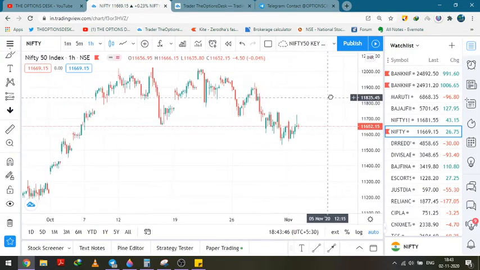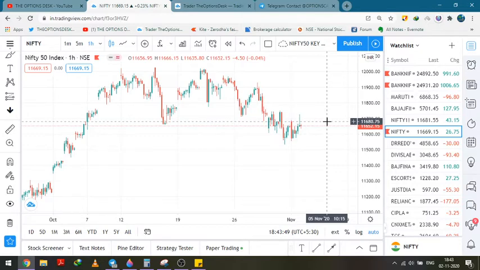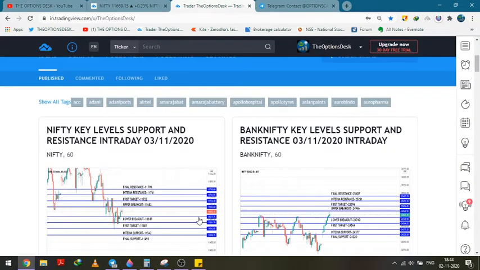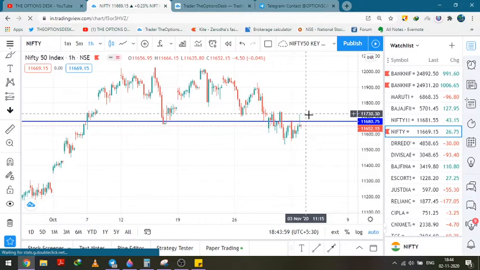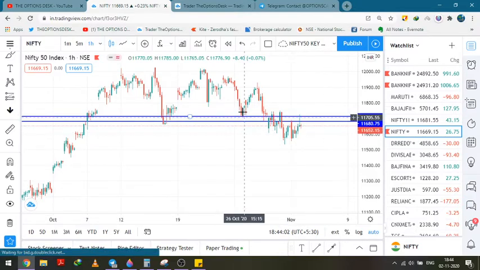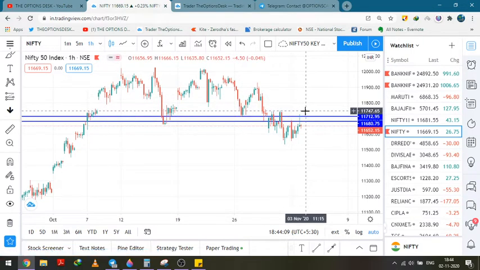So the levels remain the same. Once the Nifty 50 breaks around the 685 level, one can initiate a buy on the breakout. All the levels that I am plotting here, no need to learn them. These are already marked here. You can just go and check them. So the first target is approximately this. Why? Because the market has been taking support here, and the support was still here when the breakout happened. I hope you have seen my previous videos so that you are familiar.